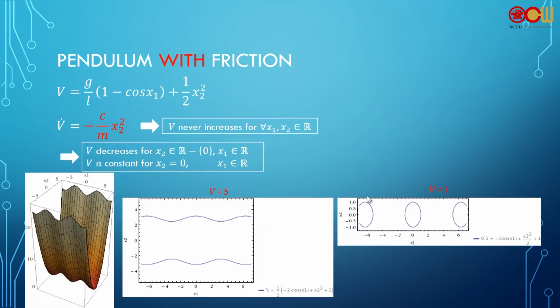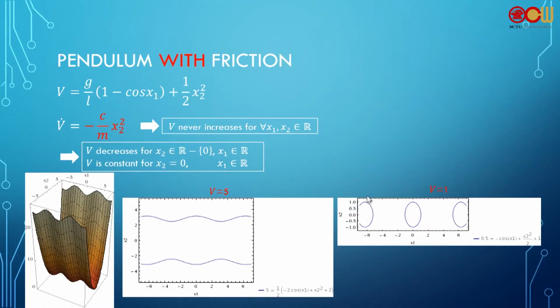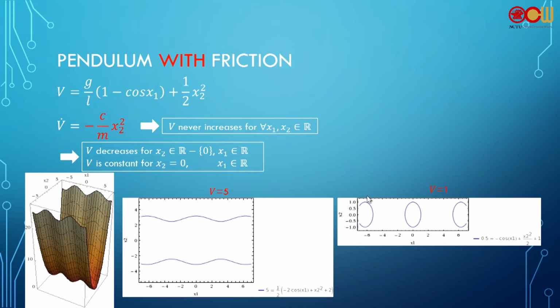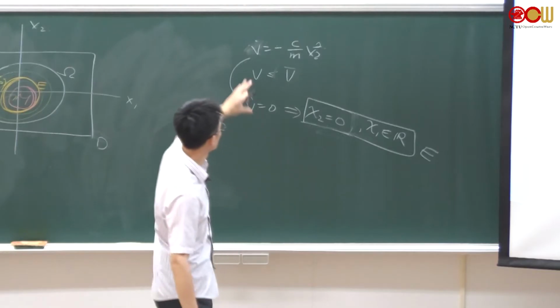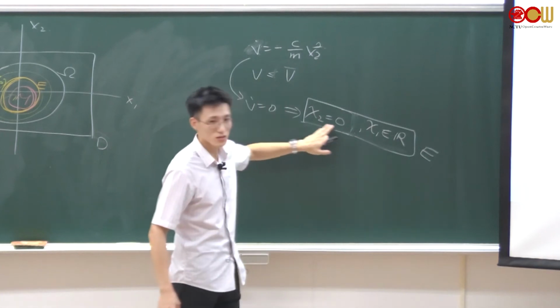所以它是一条线。If you go back to this face portrait, it will be interesting, okay? Because this is a line, which is x2 equal to 0. x2 equal to 0 is this line, right? And it says this line is an invariant set. Using this condition, the best you can say is the system will converge to this line.